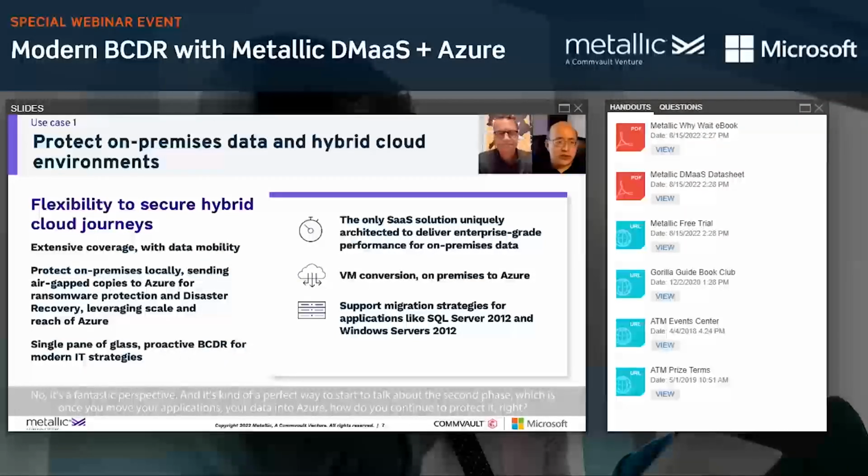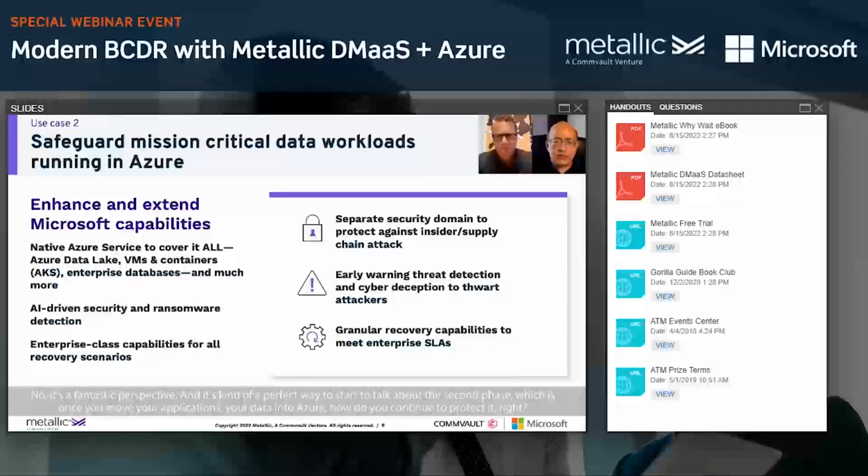No, it's a fantastic perspective, and it's a perfect way to start to talk about the second phase, which is, once you move your applications and your data into Azure, how do you continue to protect it? Whether you're doing lift and shift with IaaS or taking advantage of refactored applications, new applications for Azure PaaS services, and leveraging advanced storage, for instance, with Azure Data Lake Storage Gen 2, or using Azure Blob Storage as primary storage. You really need to have a way to manage and protect those workloads as a whole,